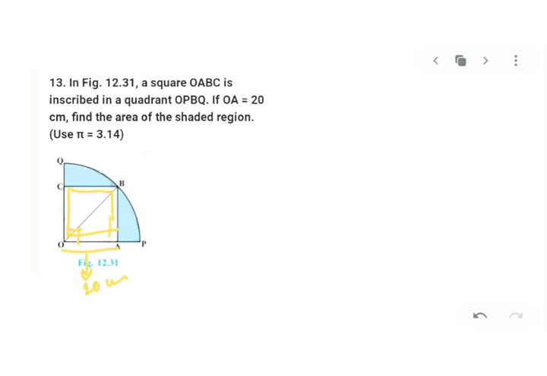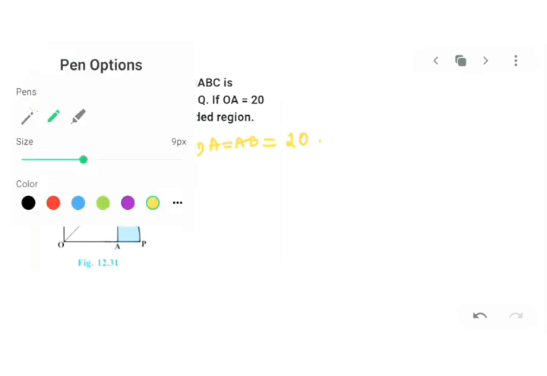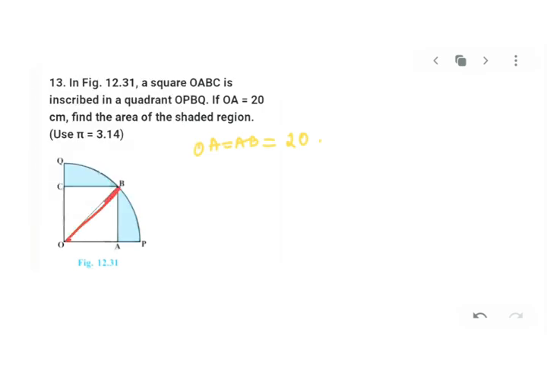Let's find the side of square now. Because OA is 20, if I take AB also, OA is equal to AB because that's the square part, so both will be 20. Now my dear kids, radius is not given. That is the main problem. How we'll find the radius? If I mark OB here, that will also be the radius. So if you see this triangle, OA is given as 20. AB will be 20 because it's a side of square, so all the sides will be same.